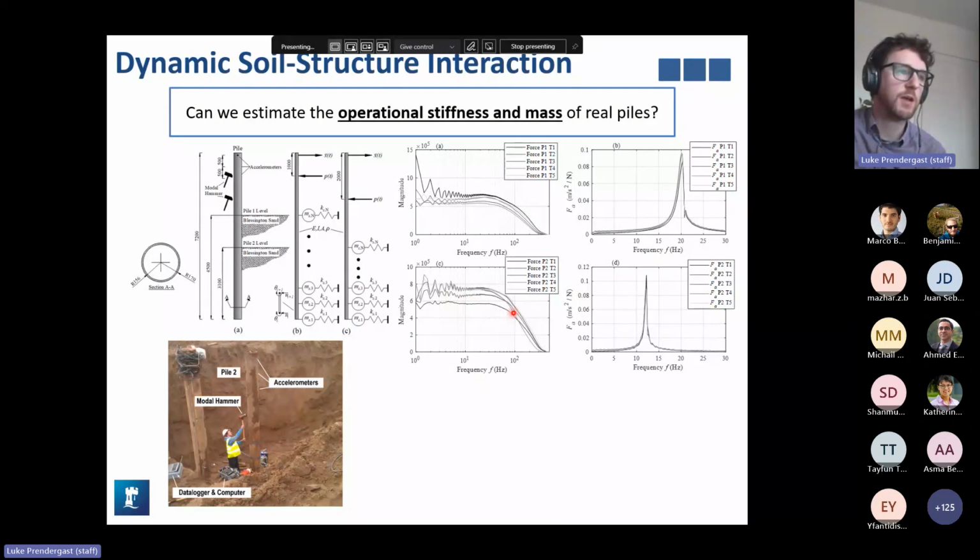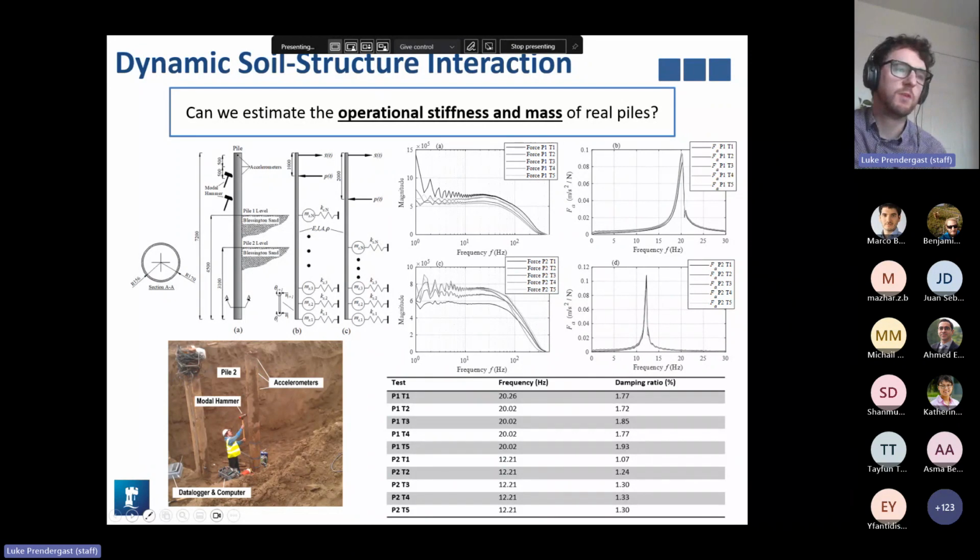So again, this is the frequency response of the hammer impact. This is less important, but critically we had a very consistent frequency response function across the 5 impact tests for the second pile. So this was our target data. It was reasonably clean, but it was real data incorporating all of the issues that sensors have, including noise and all of those problems. So we input this into our model and we tried to see if we could estimate the stiffness.